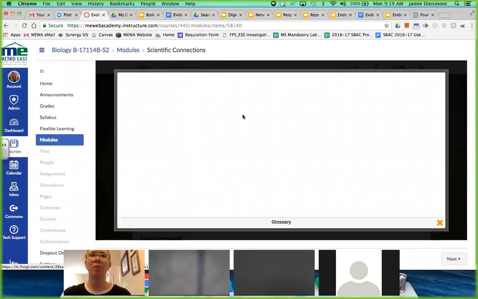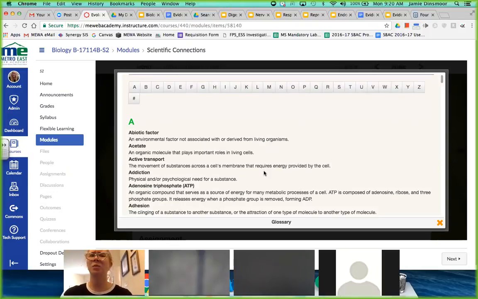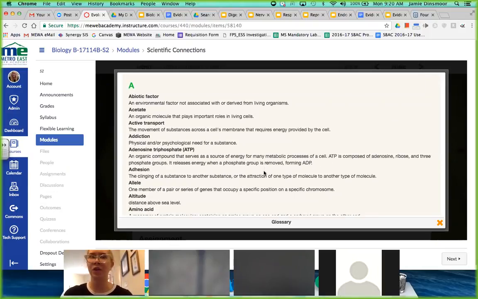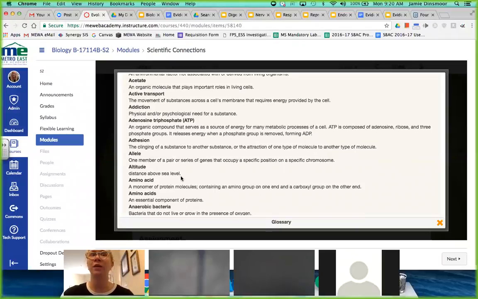This is going to bring up every single vocab word that's used in the entire course of biology, including biology A, right? Some of these things we probably don't need a definition for, for example, addiction, right? Most of us probably know what that means. And some of these words are rarely used, like they're used in one lesson. Adhesion, right? A lot of that stuff was from the first